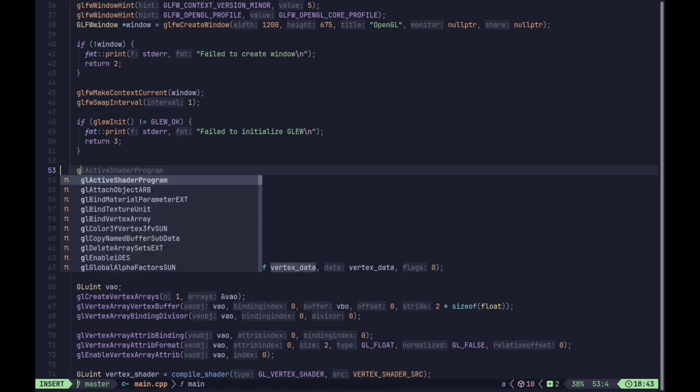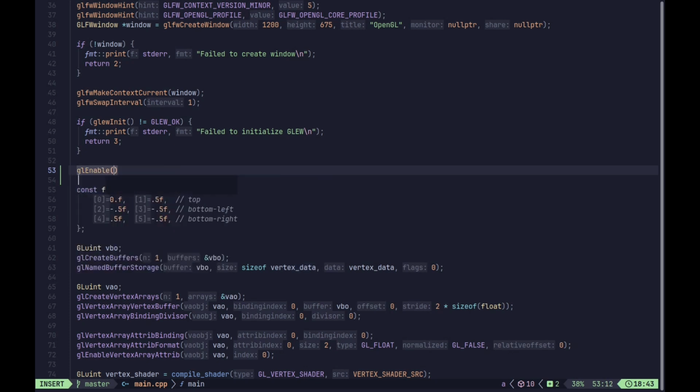So in order to use that, we can use the function glEnable, and this glEnable function, by the way, is an important function in OpenGL. We can use it to enable or disable. There's also glDisable. We can use these functions to enable or disable a variety of different capabilities in OpenGL, and the one that we want to enable now is